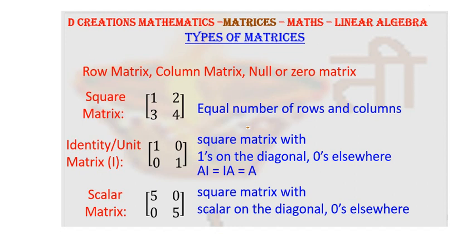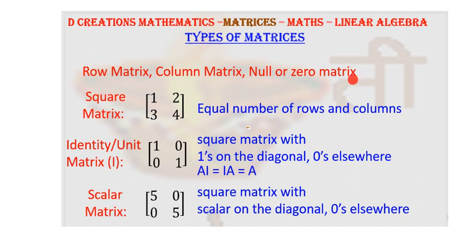Let us look at some typical types of matrices. Some of them you're already familiar with, but just to put everything together, they will also be talked about. So first basic type is the row matrix. As the name indicates, if a matrix has only a single row, it's a row matrix. For example, here there are two rows. Instead of that, if you have only a single row, it's a row matrix. Similarly, if a matrix has only one column, a single column, it's a column matrix.